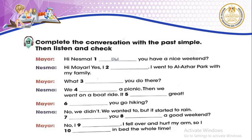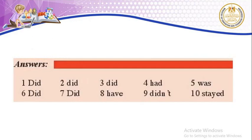Did you have a good time at a good weekend? Yes. Did you have a good weekend? No, I didn't. We'll put didn't. No, I didn't. I fell over and hurt my leg, my arm, so I stayed in bed the whole time. Here are the answers. Okay, let's move to